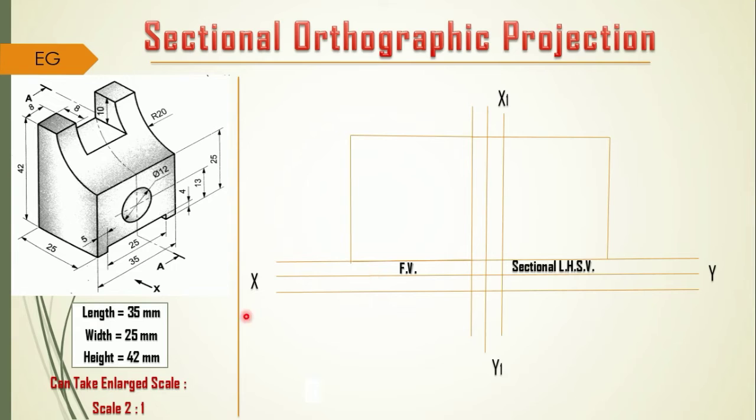According to the respective dimensions, from the front view we require two dimensions to form a rectangle. One is the length of the object and the other is the height of the object. So 35 by 42 is the rectangular box, this is 35, and further this is 42. That is the rectangular box we require to construct the front view. And to draw the side view looking in this direction, assume it to be the direction of arrowhead Y, there you require another rectangular box, and that is 25 by 42. So this is 25 and height is 42. We are simply constructing these two rectangular boxes by our regular practice.